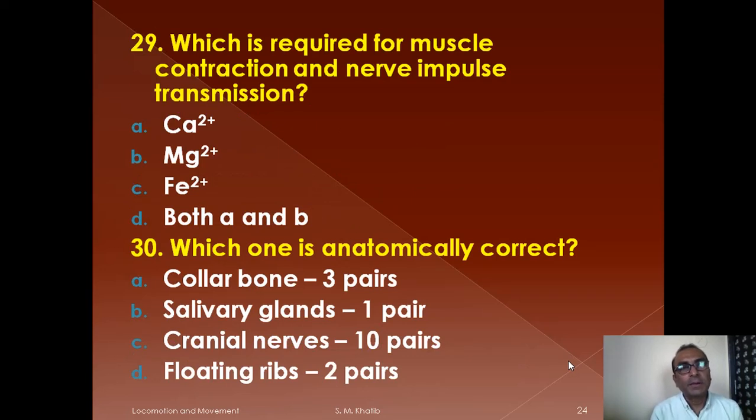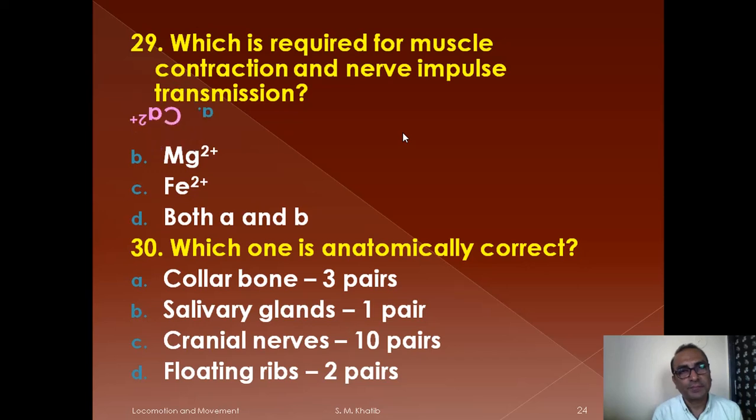Question number 29. Which is required for muscle contraction and nerve impulse transmission? So keep in mind here, required for muscle contraction as well as to bring about the transmission of the impulse across the synapses. Okay, so the options given here: A, calcium, B, magnesium, C, iron, and D, both A and B. The right answer here will be